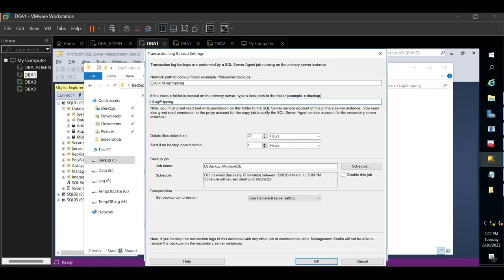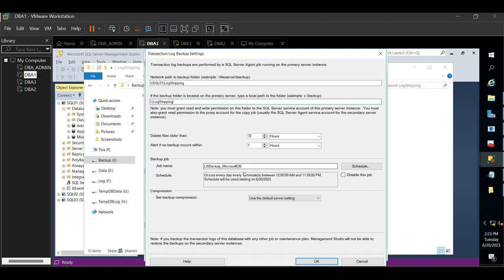So this is what we call the backup job. A backup job carries out the execution automatically. A job in a database will automatically carry out execution on our database. The job name is this LS backup